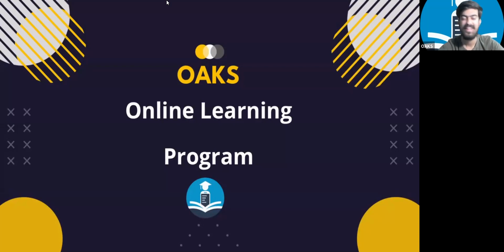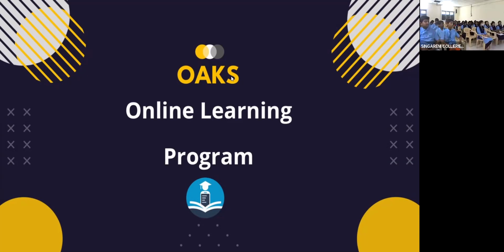Am I audible? Okay, if I'm audible, just wave your hands. School 1, school 2. Okay, that's great. So I am audible. Let's wait for school 2 to switch on their cameras. School 1, can you unmute yourself? Okay, now I am able to hear you clearly. That's great. So school 2, can you just unmute yourself? Okay, that's very good. I can also hear school 2 as well.